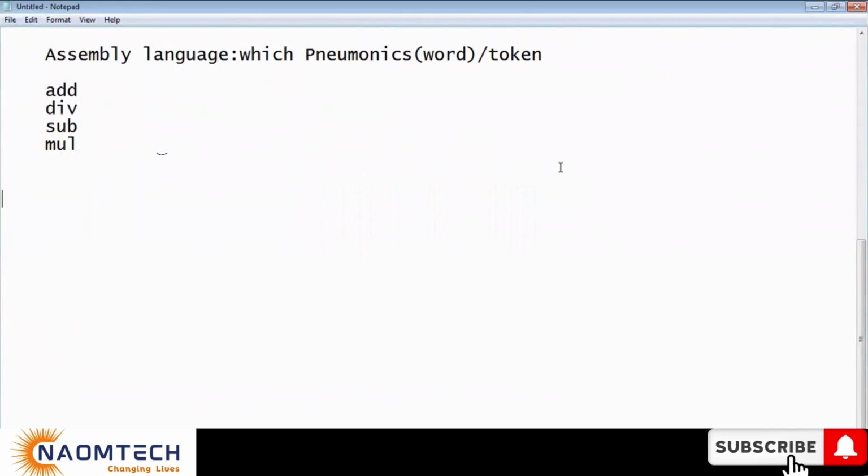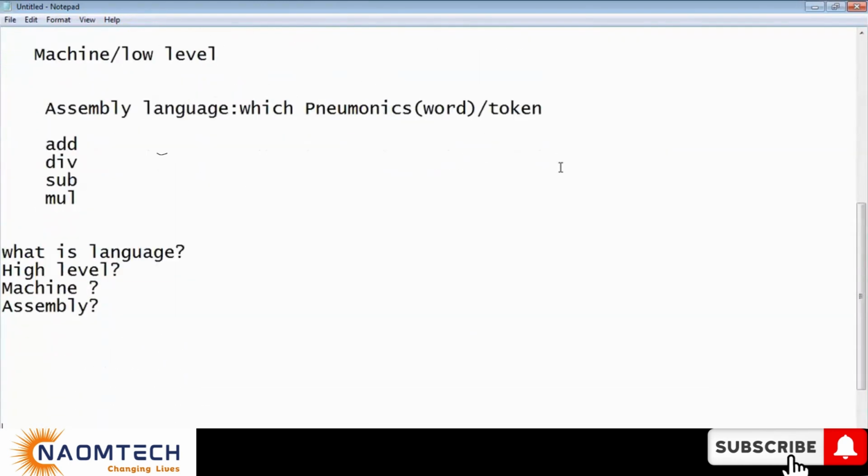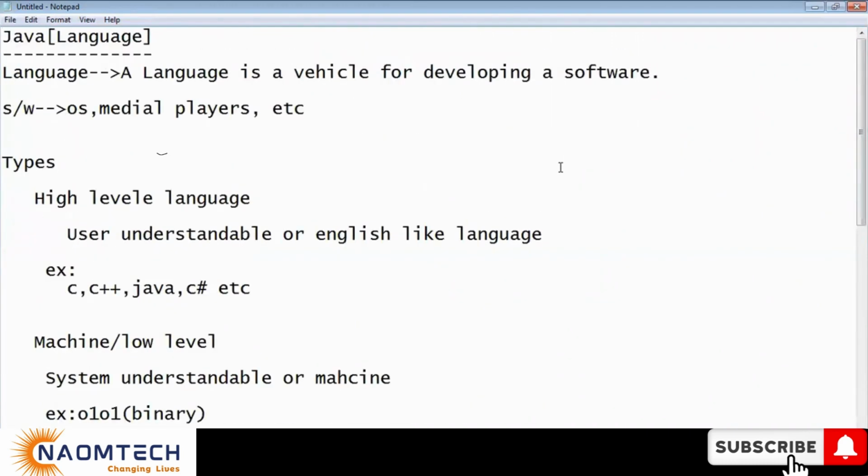Now let us quickly summarize a few questions. In this video we discussed, and I think you can answer all these questions: what is a language, what is high level, what is a machine language, and what is assembly. So from this video I hope that you can answer all these questions. In the next video we are going to discuss translators. Now we understand language and types of languages. In the next video, let us focus on translators and types of translators. Then we'll discuss more about